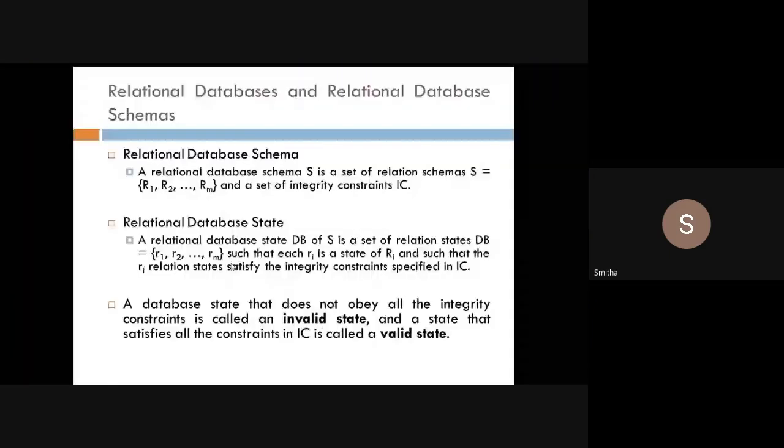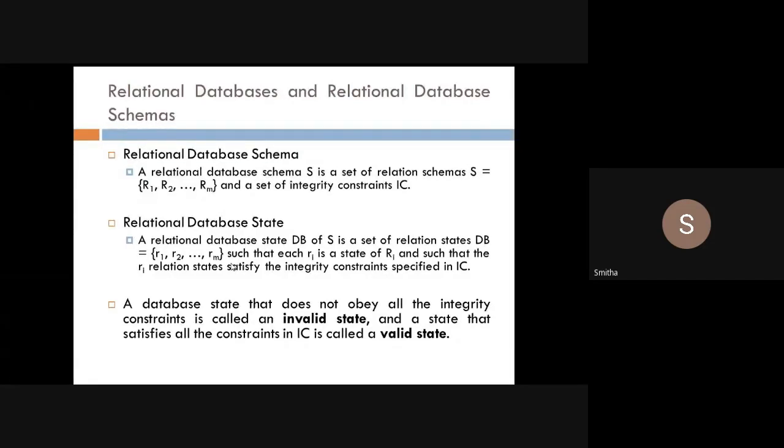But now I am talking about relational database schema. It is not relational schema, it is relational database schema, means it is S. It can have more than one relational schema. Got it, students? One relation schema means it is related to one relation, one table, student. Now the student, regarding their academics, one table I can have. Regarding their fees payment, I can have one more table. Okay, so like that I can have many tables.